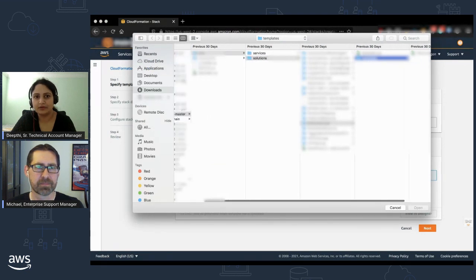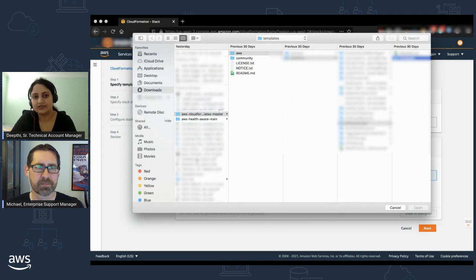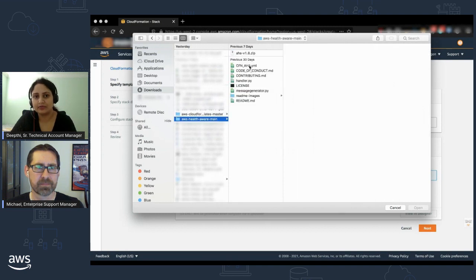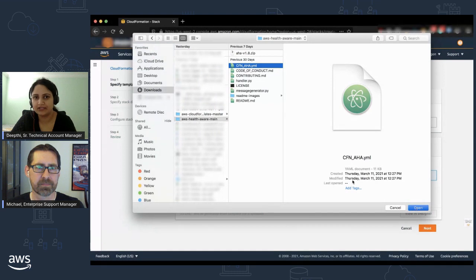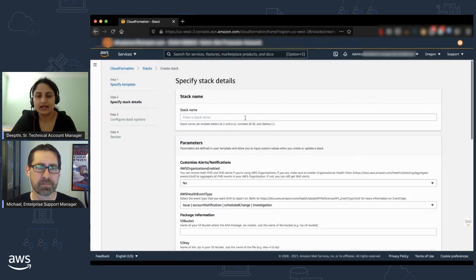If you remember the link to the blog post, there is another link additionally, which leads you to the GitHub repo, where you can download the AHA version 1.8 zip. I selected that and installed that stack. It gives me various parameters that I can configure. I'm going to show that in a bit, but I'll give a stack name called AHA deployment.